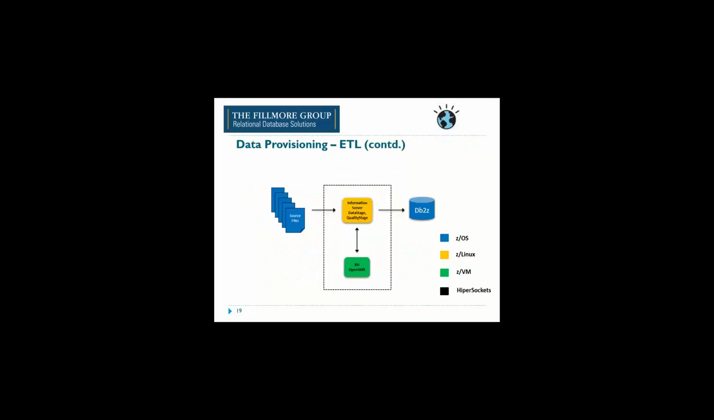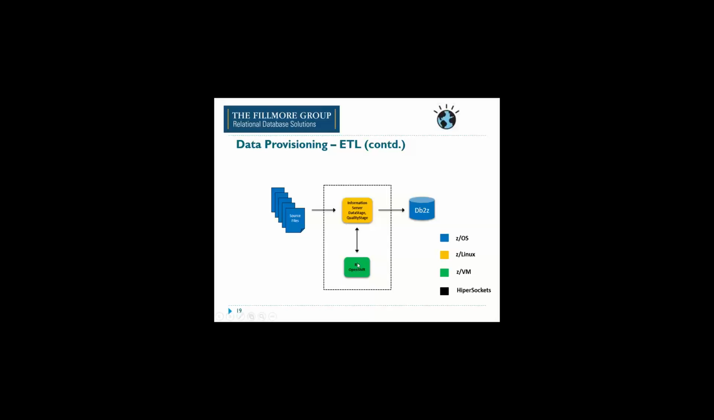So let me pull up a diagram. This is at a very high level explaining what we're talking about. I start out with source files, and the legend is over here on the right. The blue portion is source files residing in the z/OS operating system. The yellow part in the middle is where DataStage or Information Server lives, and that's on zLinux. That could be in an LPAR, could be under z/VM. And then the green part is